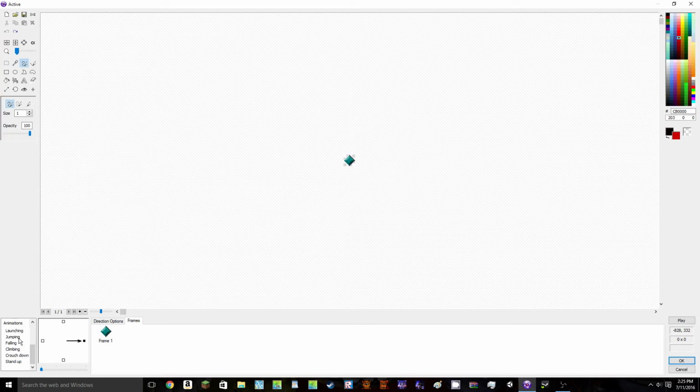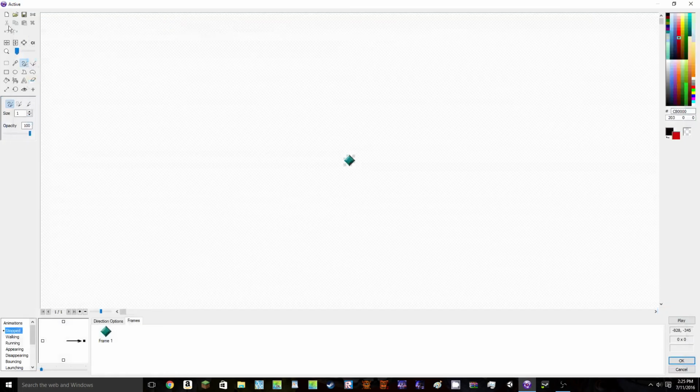These are the different animations, so if you want, there's a version where there's a guy sitting, and then you can have a version where there's the guy standing. You would click new, you can make an animation 12, and that would be a new animation. But I don't need more than one animation because I'm just making the warning sign for the game. Alright, so